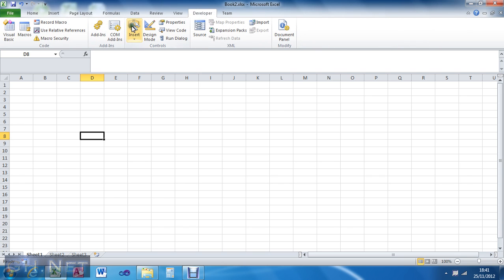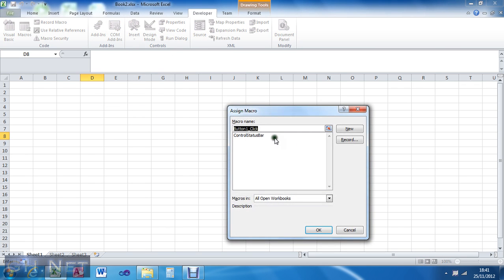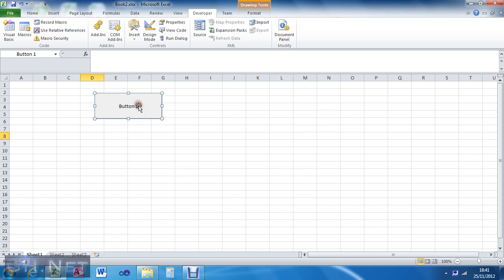So insert button, add my new macro that I've just created, and I'm going to name it Add Values with Status Bar